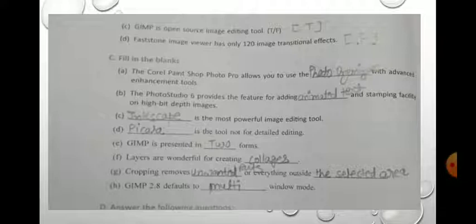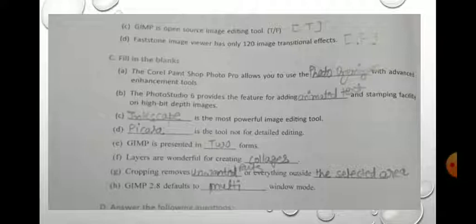Now we will see section C, filling the blanks. First is the Corel Paint Shop Photo Pro allows you to use the dash with advanced enhancement tools.